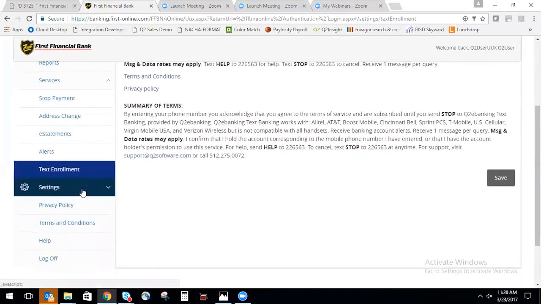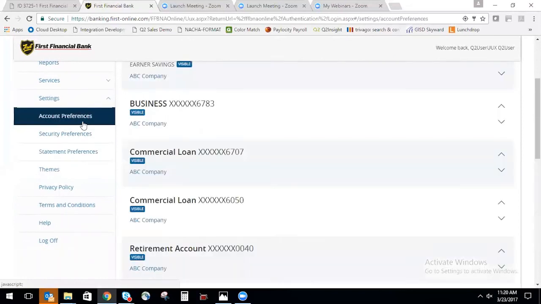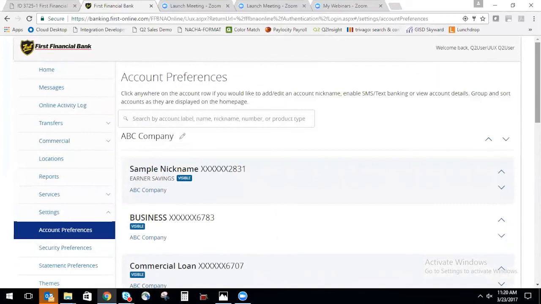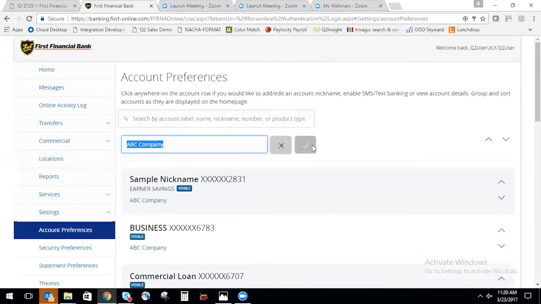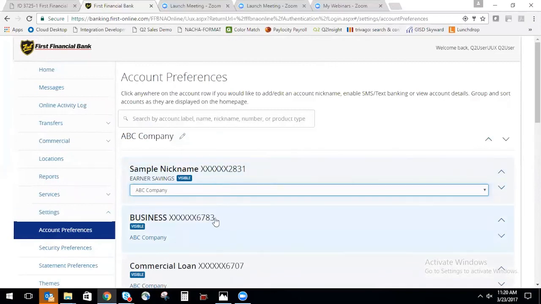So next we'll go under settings, and we have account preferences. If you recall, when we set up various account groupings back at the top, this is where you also have an opportunity to edit those account grouping names as well. In addition, you can click on any of these accounts,